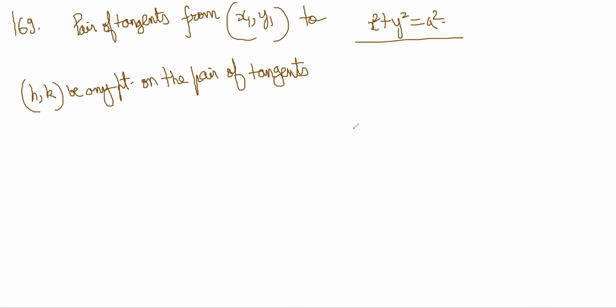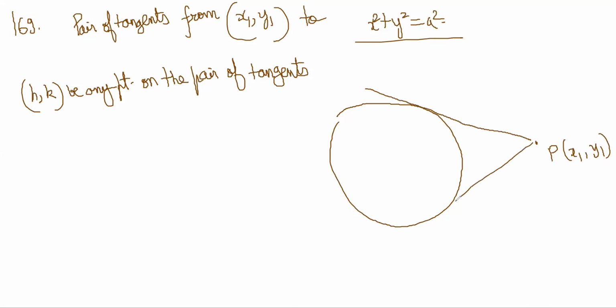Okay, also one more thing he has done is, this is a circle, and this is the point P, x1 comma y1. He wants equation of this line pair, no? So first of all, he has noticed that any straight line touches a circle with the perpendicular on center, from the origin on the line. Okay. So let's say HK is any point on this line, right? So any point on any of the tangents, right?